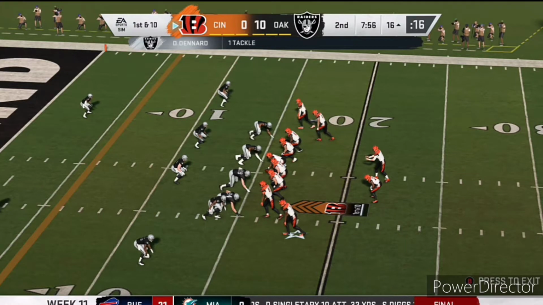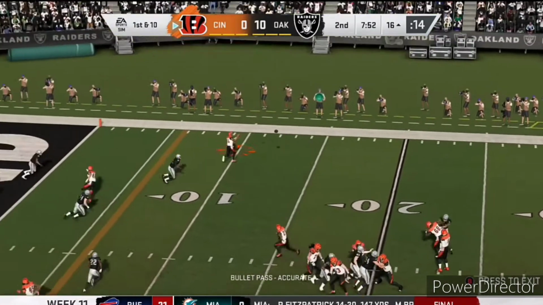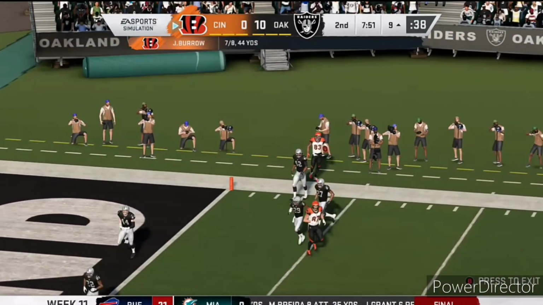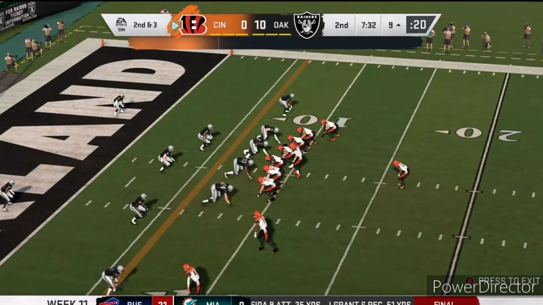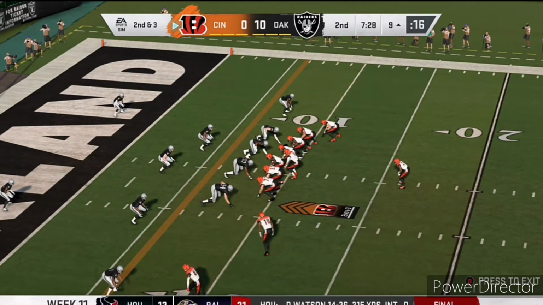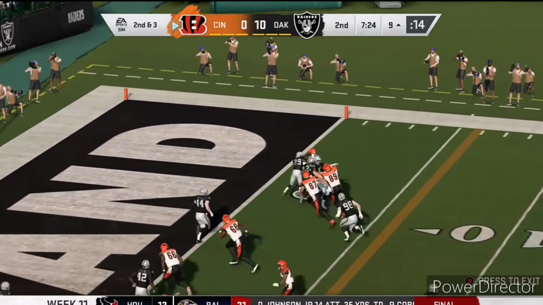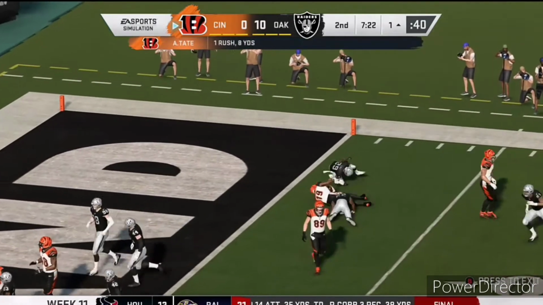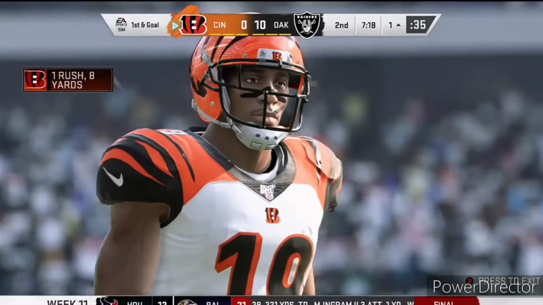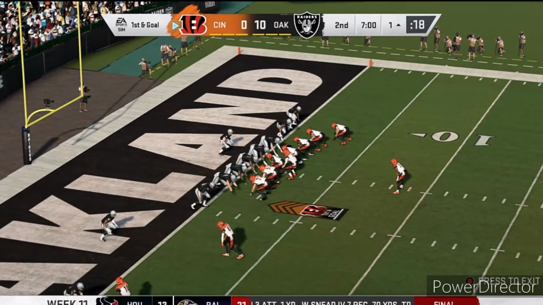Now Burrow in the gun and 3 receivers set, drops back to throw, finds Boyd over on the sideline, and he will get about 6 or 7 yards there, makes it 2nd and 3 as Burrow will come out under center, Bernard in the backfield, motions Auden Tate, who gets the carry, and he may score as he is just short of the goal line as he will be stopped at the 1-yard line, as that will be an 8-yard carry for Auden Tate there, as that'll make it 1st and goal from the 1